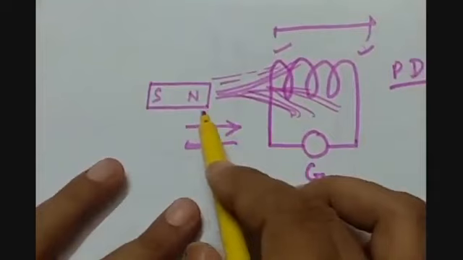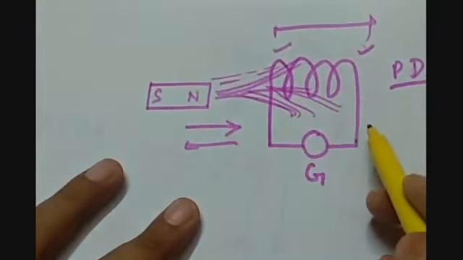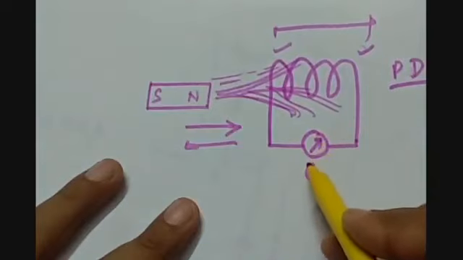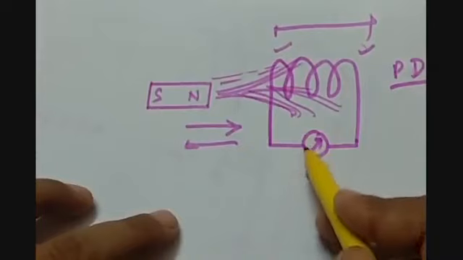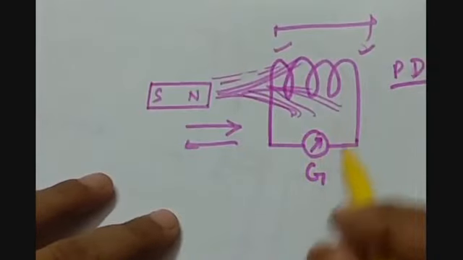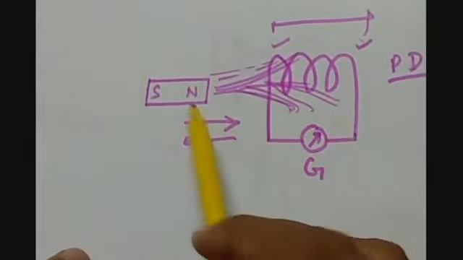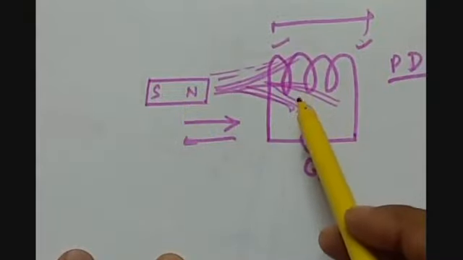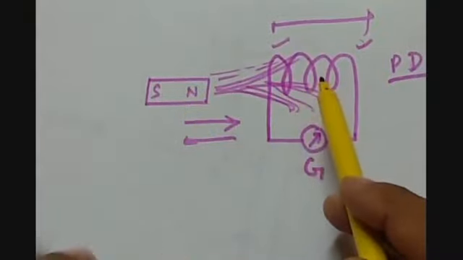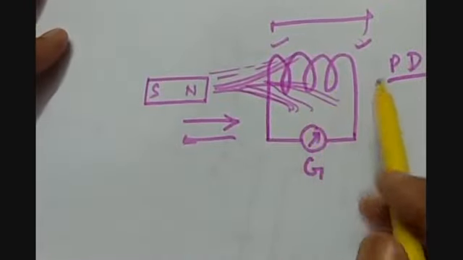So when we are taking it towards the coil, the current is generated in one direction, let's say towards the right, and when it is taken away, it is towards the left, or in the opposite direction. But the important thing is that the magnetic field should vary, because when we keep the bar magnet stationary near the coil, that will not induce current in the coil, because no potential difference will develop.